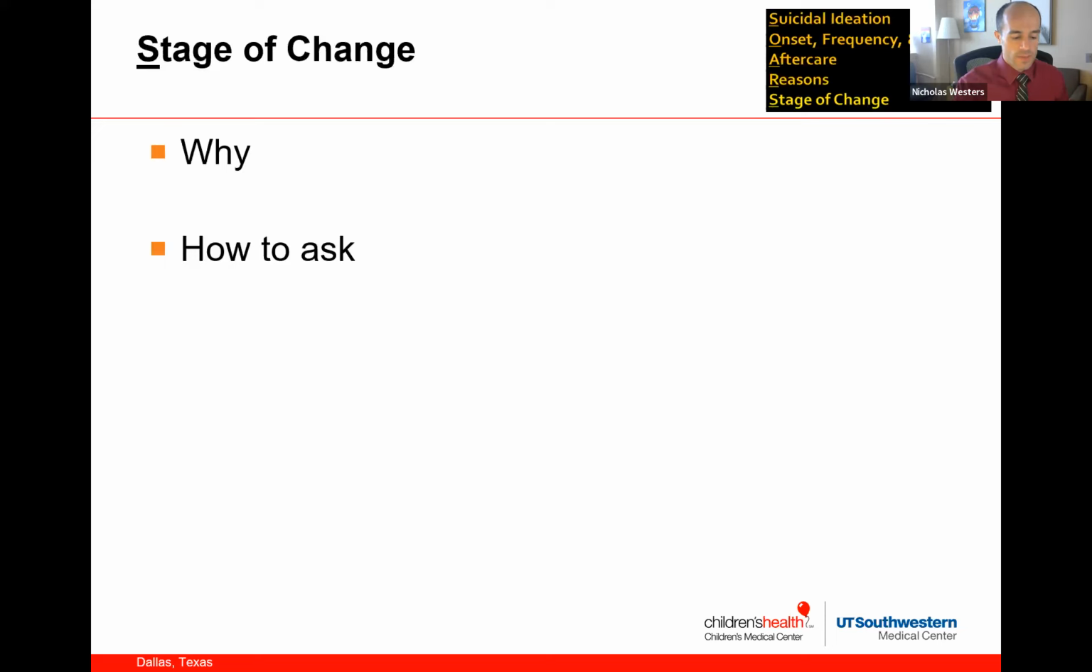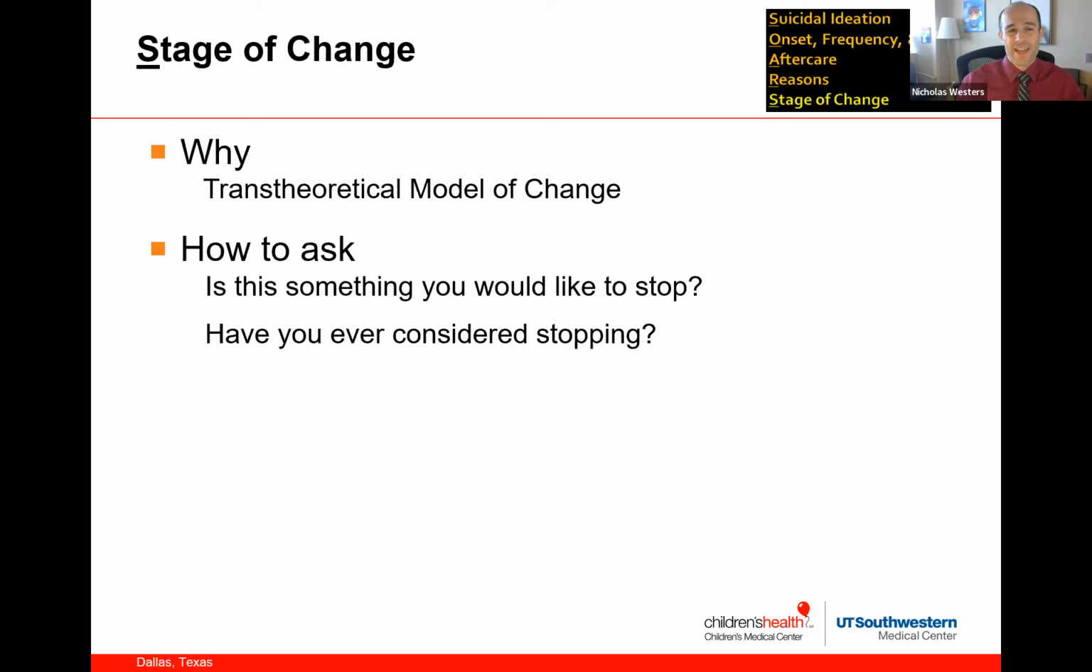And lastly, and then we'll take a break with Q&A. This is a question you could ask at the beginning, but the stage of change. So the transtheoretical model of change developed for smoking cessation, I've adapted it for addressing non-suicidal self-injury, recognizing that not everyone who self-injures wants to stop or sees it as a problem. And I'll ask them, is this something that you'd like to stop, or have you ever considered stopping? Which makes sense to ask first during your interview to see what they want,